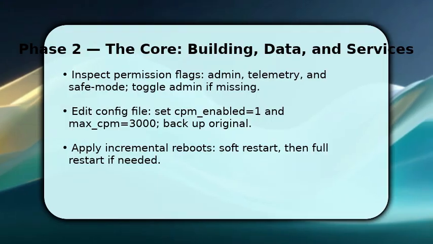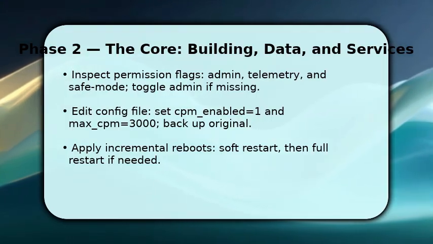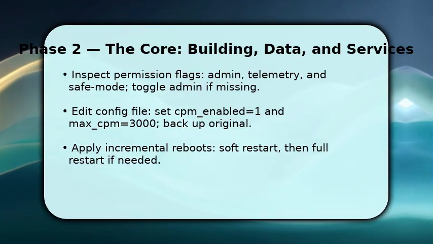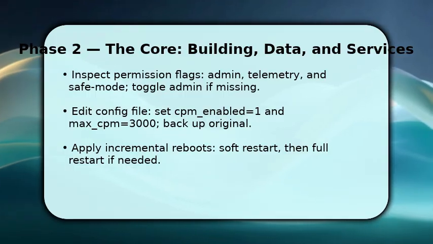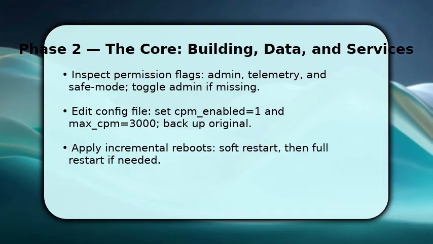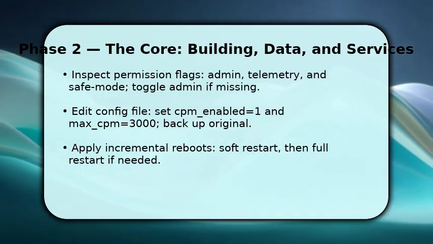First, check admin, telemetry, and safe mode flags. If admin is off, the system will block CPM, toggle it on, and reevaluate. Then, edit the configuration file. Set CPM enabled equals 1 and max CPM equals 3000, but always back up the original file before changes so